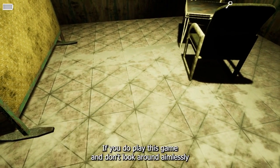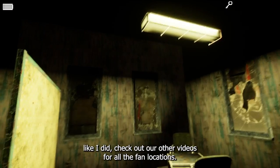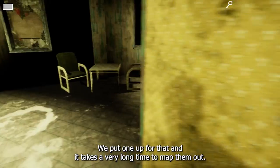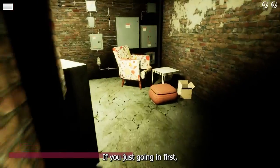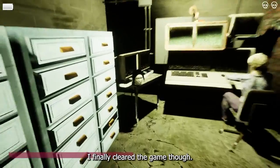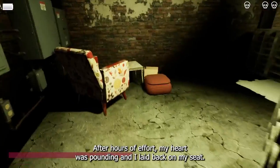And if you do play this game and don't want to look around aimlessly like I did, check out our other videos for all the spawn locations. We put one up for that, and it takes a very long time to map them out if you're just going in face first. Once I finally cleared the game though, after hours of effort, my heartbeat was pounding,